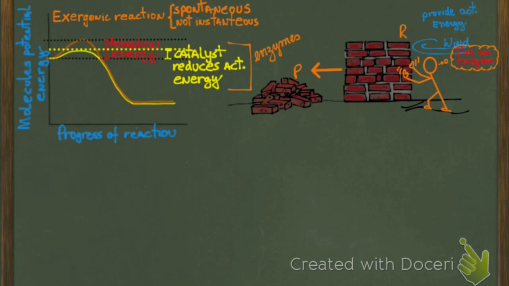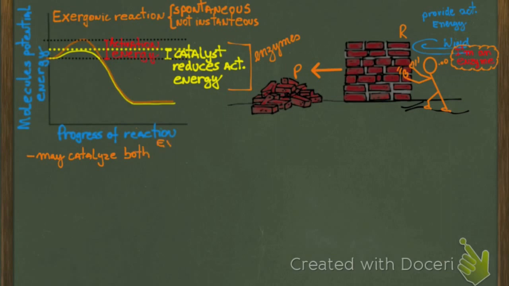Of course, I would have to be really strong to actually provide some sort of energy that would assist the wind, depending on how thick the mortar is in this brick wall. But essentially, I could assist the chemical reaction, reduce the activation energy. Now, I'm using